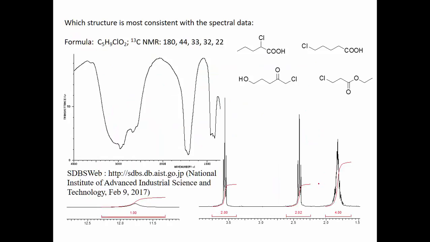All right, so we're going to end this chapter with a matching problem. So this is a multiple choice. Which structure goes with the spectral data? Okay, so there we have the picture of the infrared spectra, the picture of the NMR spectrum, and a list of the C13 peaks. So we don't have a picture of the C13, we just have a list of the peaks. All right. What can we tell here? Okay, you probably figured out that it's a carboxylic acid because we're in the carboxylic acid chapter, but